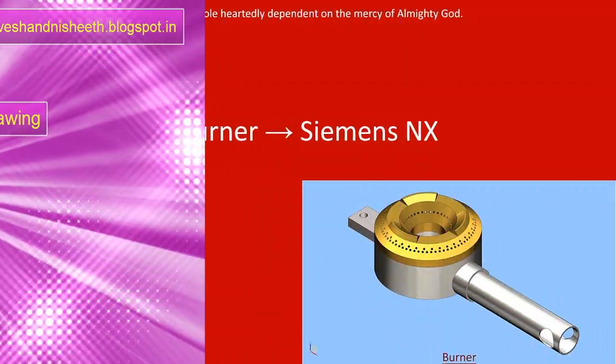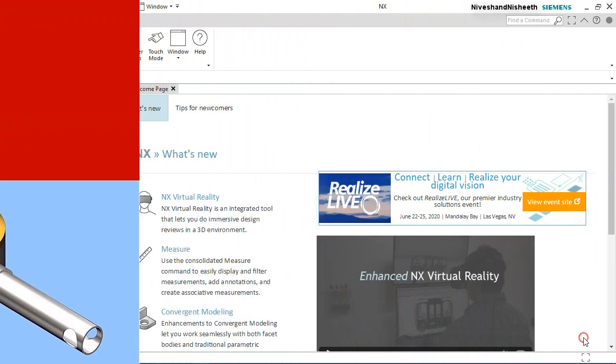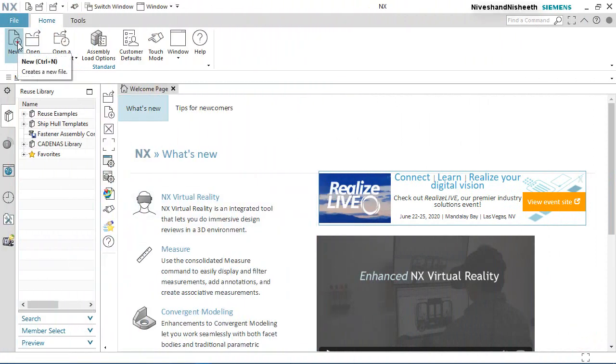Today we will demonstrate how to create a model burner in Siemens NX software. Let's start the tutorial.